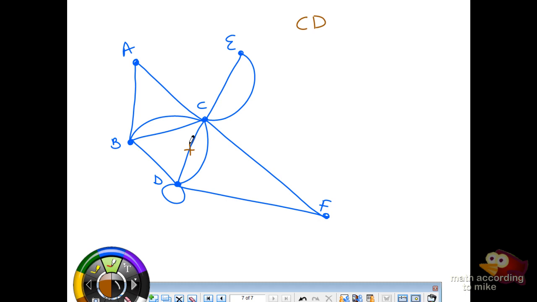D to where? Take the loop. Then what? F. F has to go to E. E has to go to A it is. A has to go to D has to go to C has to go to B has to go back to